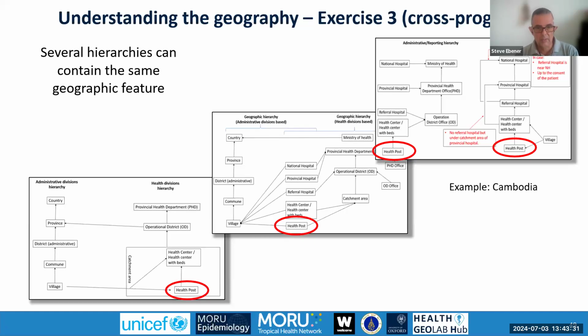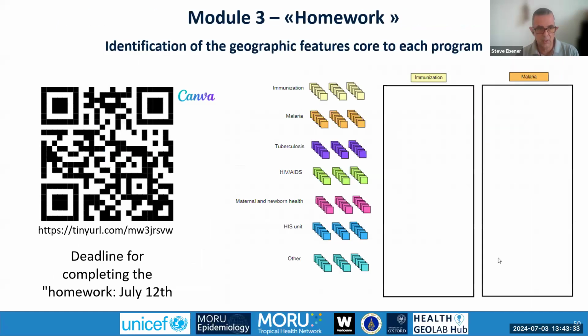Okay, so all of this is leading us to the homework that I would like for you to contribute between now and the next module, which will consist in a collective identification. So we're going to be virtually recreating the first exercise I was mentioning earlier with the post-its, right? Trying to identify, and everybody can contribute here, MOH and partners, Asia Pacific and beyond, to try to